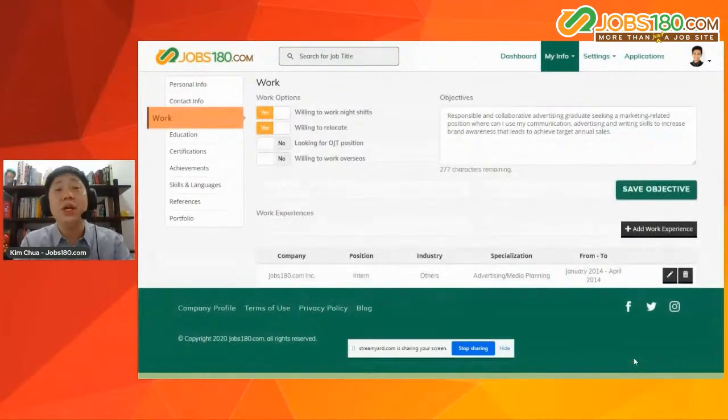You also put here your work options, yung mga work experience nyo. Pagdating po sa work options, you can see on the screen, you have 4 options na pwede nyo pagpilian. Parang switch lang yan. Yes, no switch, on, off switch. So you can choose here, example, looking for